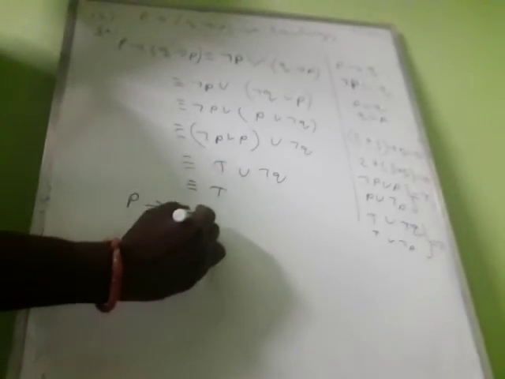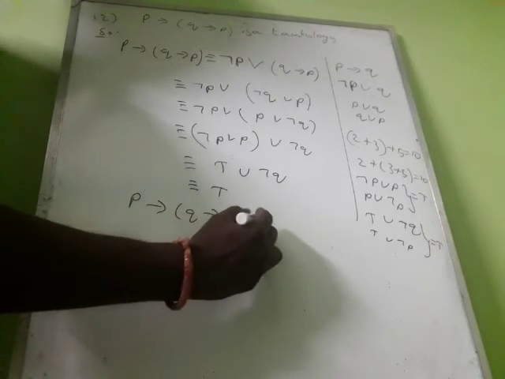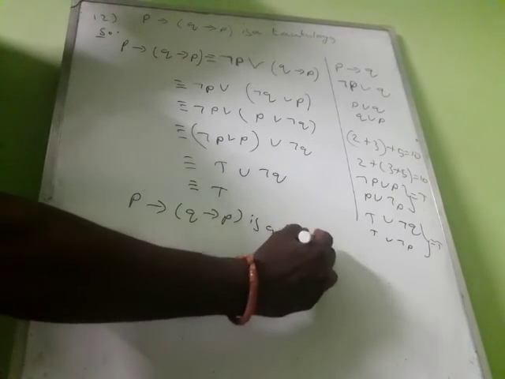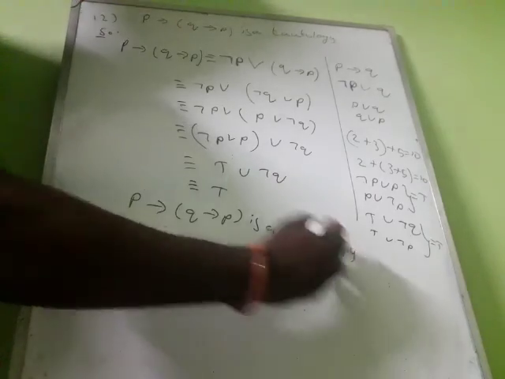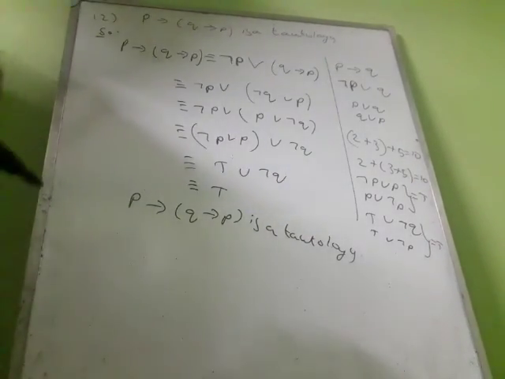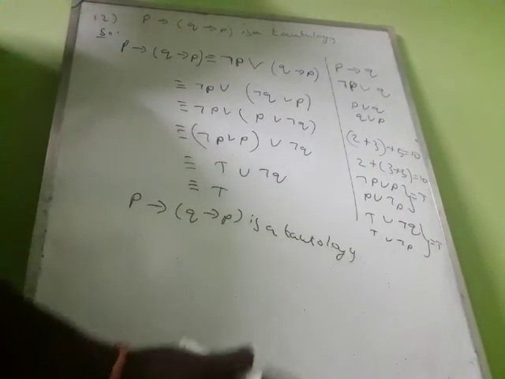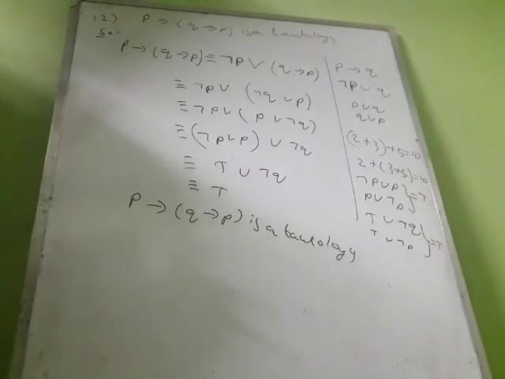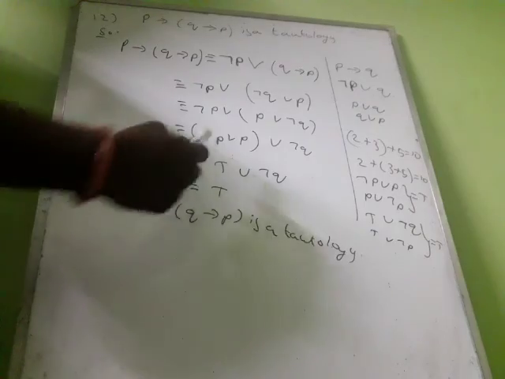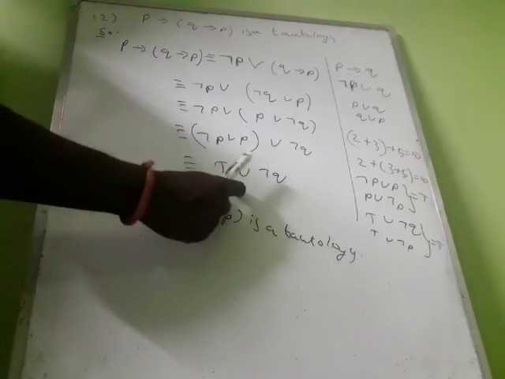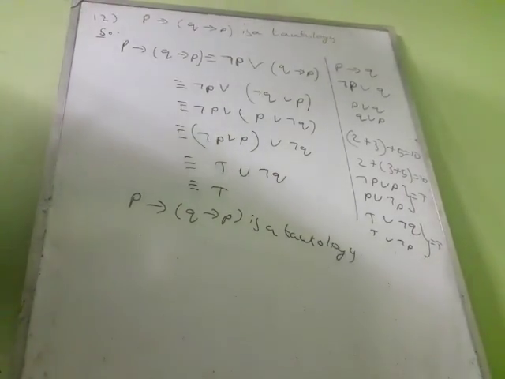So it is called a tautology. So P conditional Q conditional P is a tautology. Suppose you apply the truth table, how do you identify a tautology? If the entire last column, the final result, is all true, it is a tautology. Here, without truth tables, we have one letter T, so the entire term becomes true. So it is called a tautology.